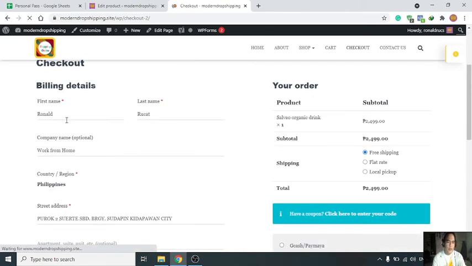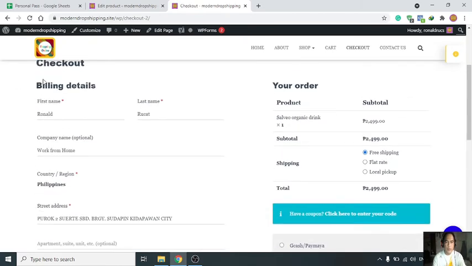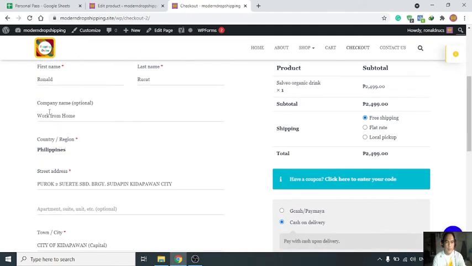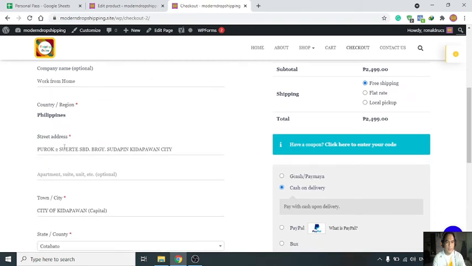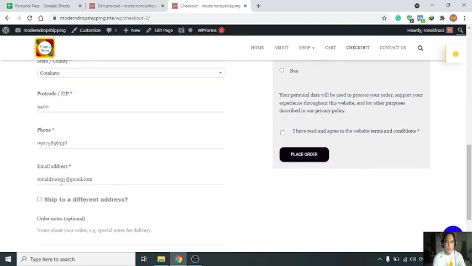And now we are here in the checkout page. So here are my details, my name, or company. This is just an example. My address, my town, postal code, phone, email,